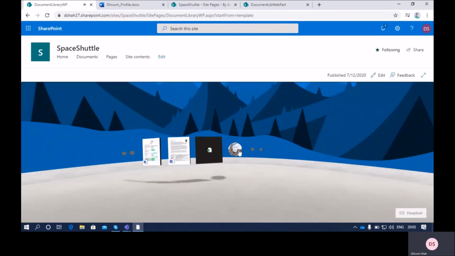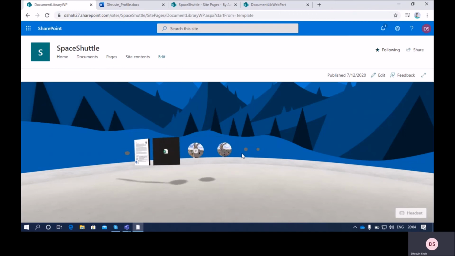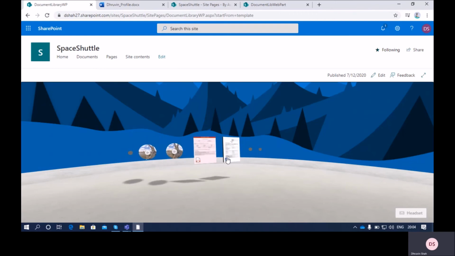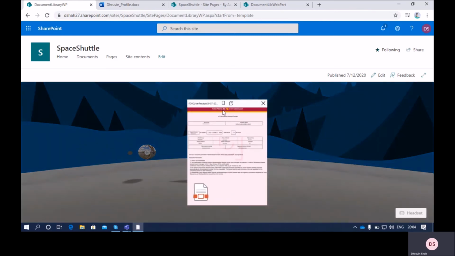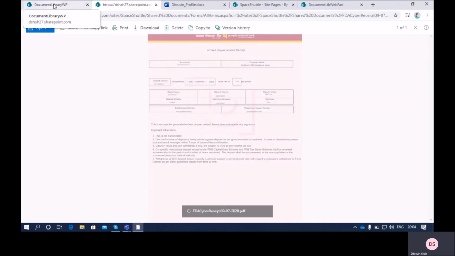If you want to see more files over here, you can see these dots over here. You just need to use your middle scroll, and it will show the other files available in your document library. Once you click on it, this is a PDF file. So it is opening this PDF file in a separate window like this.